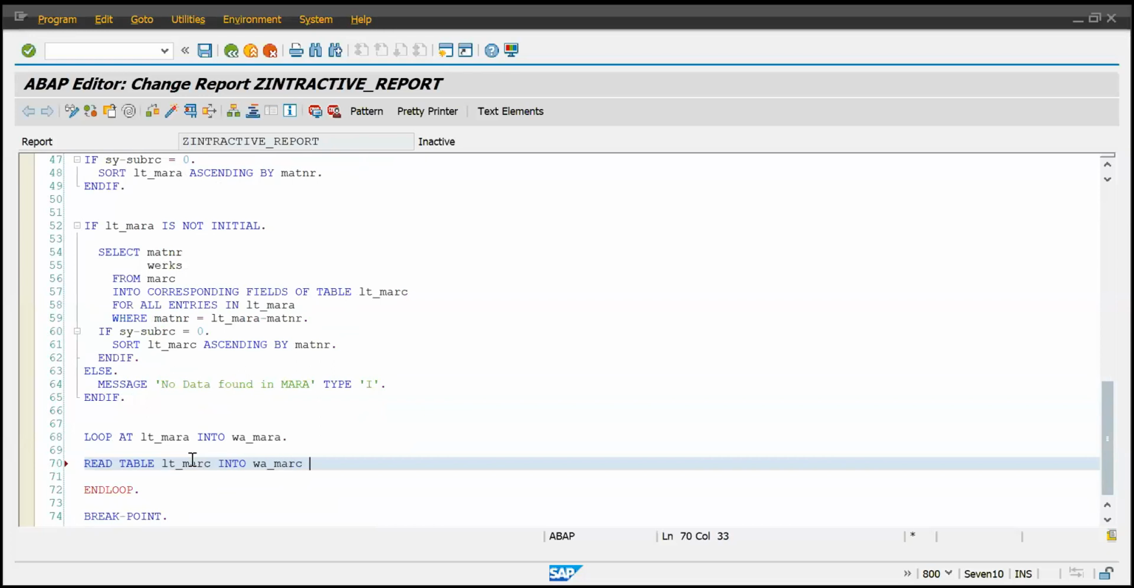And we have to tell what the key is, like how it will search the data in this table, because we have already fetched the data in this table based on IT_MARA. Now we have to tell how we want to process the data. So I'll say WITH KEY. The key is MATNR, which is common in both tables and is the primary key. So I'll say MATNR equal to, and then we give the key from the last table, WA_MARA-MATNR,